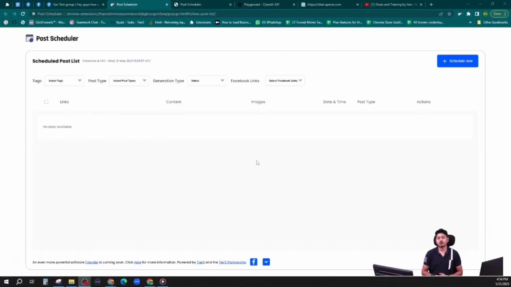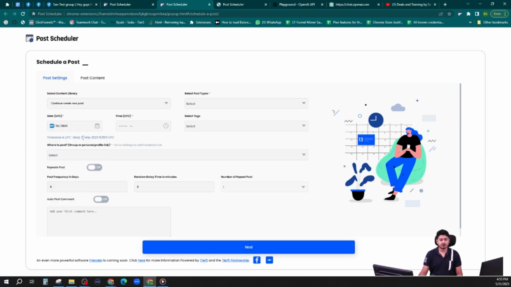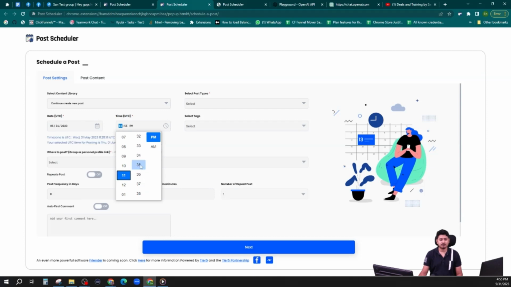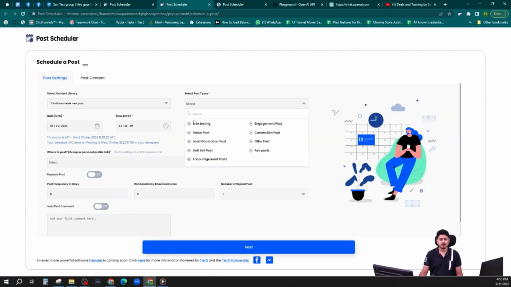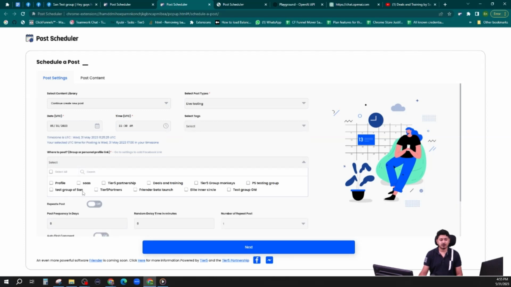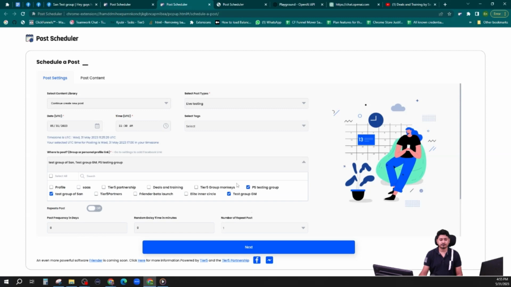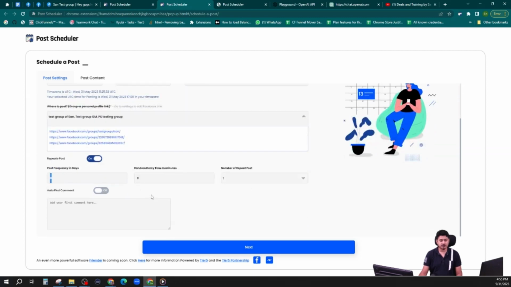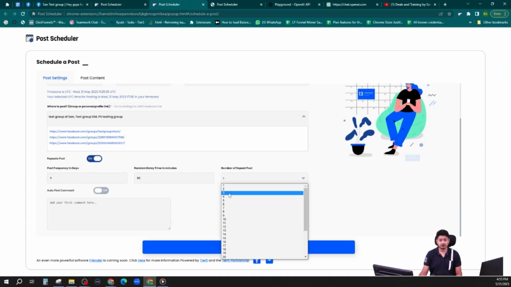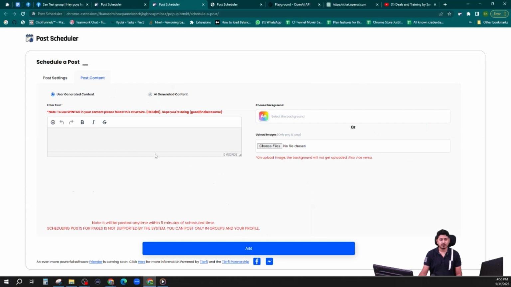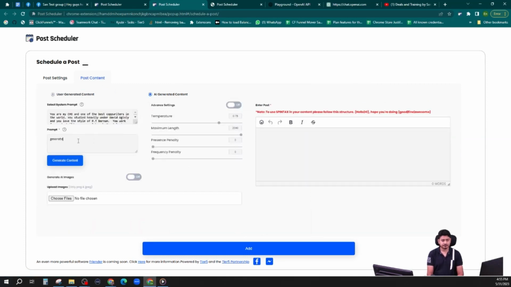Okay, now let me show you how you can also use AI generated image once you are uploading AI generated content, and then there are some other button features that I'm going to showcase. So let me schedule a post first. 31st May 11:25. So let me pick the date and time, and suppose I'm giving the time as 11:30 a.m. that the very first post will be posted, and where I want to post it. So I'm picking groups, and I'm selecting the repeat post, as you already know why I'm using them, and I'm creating 5 posts, leaving the auto comment feature. Now in case of here, I'm generating a